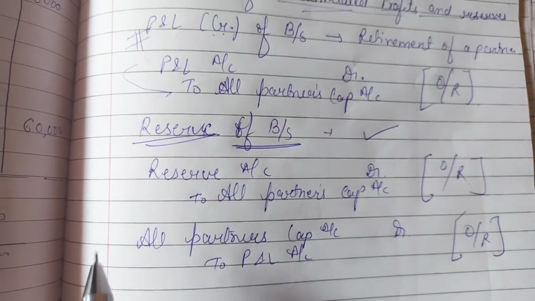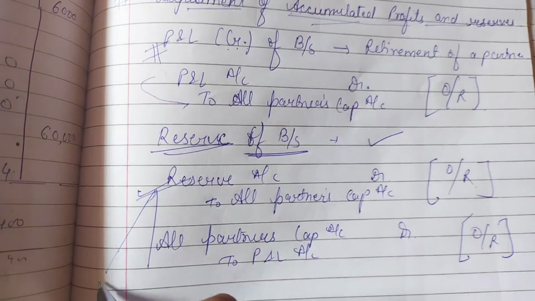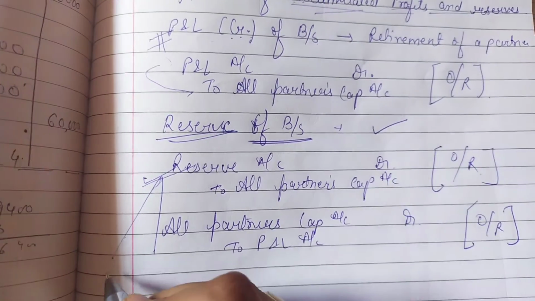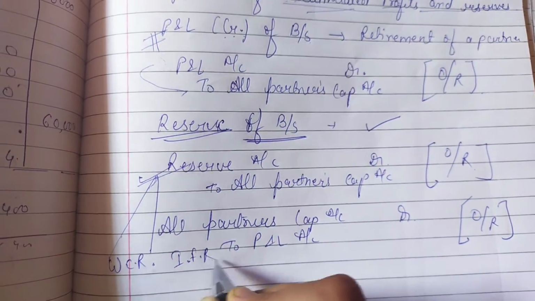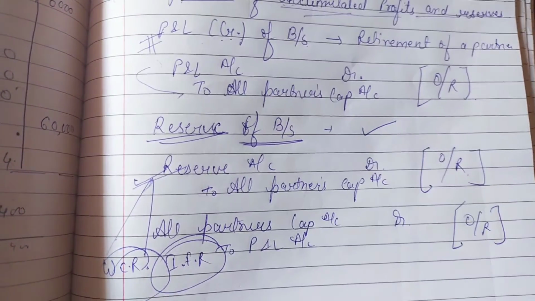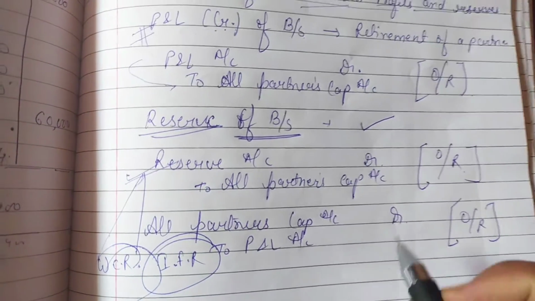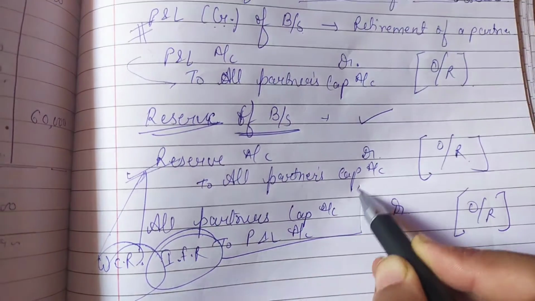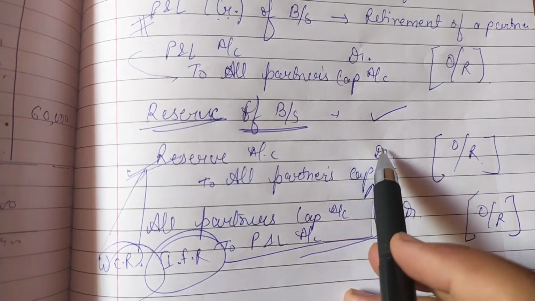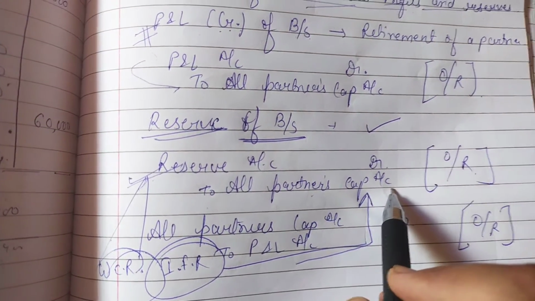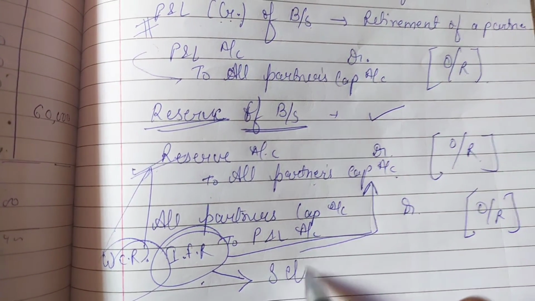Okay, so same as general reserve, there are so many reserves, which we can say specific reserves, that is workman compensation reserve, investment fluctuation reserve. So students, if there is no liability regarding these reserves, then these reserves are also transferred to the partners' capital account, and the same entry will be made, that is workman compensation reserve account debit to all partners' capital account. Okay, if there is any claim, then first we will settle out the claim from this.